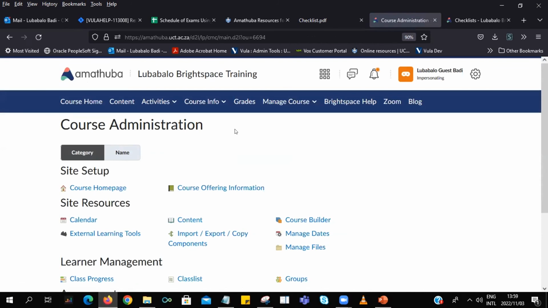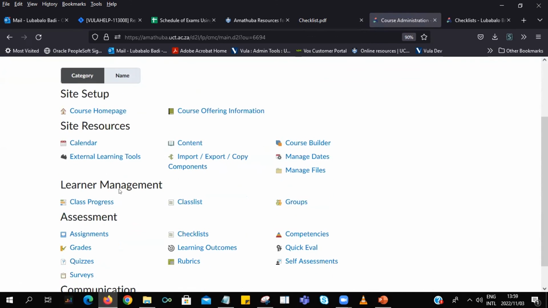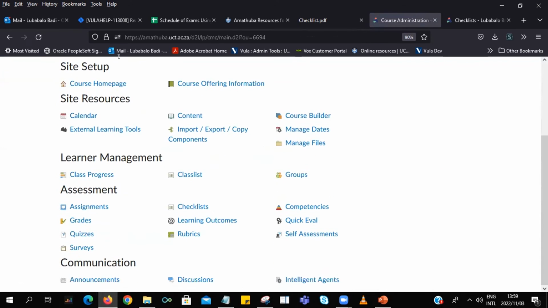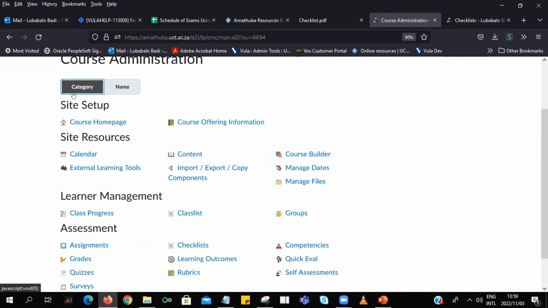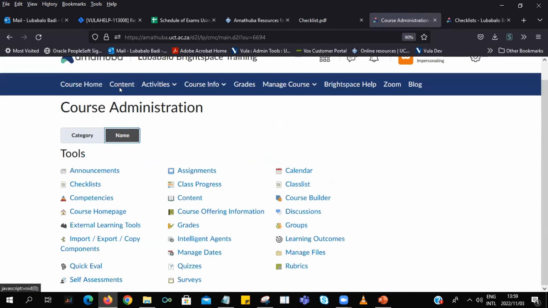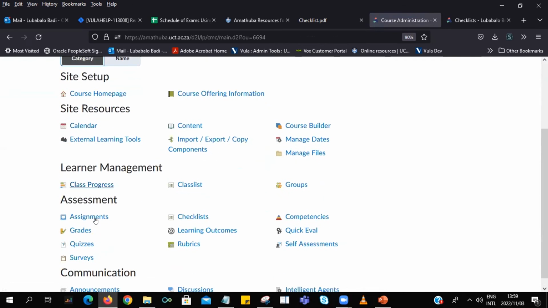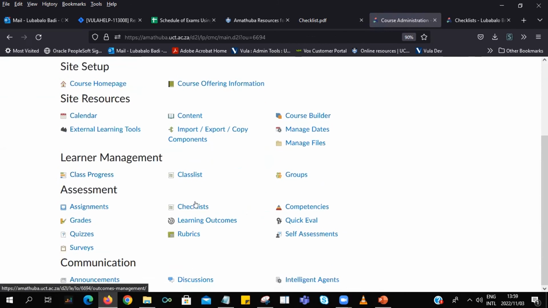In terms of creating the checklist, just go to course admin. I'm viewing by category here. You can toggle and view by name, and I would have to find checklist on this list. So I'll just categorize it. It's much better. And I'll go to under assessments. You'll see that you've got other assessment types here. So I'll go to checklists,